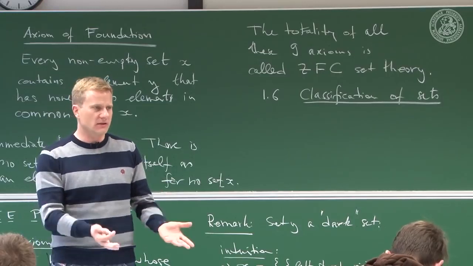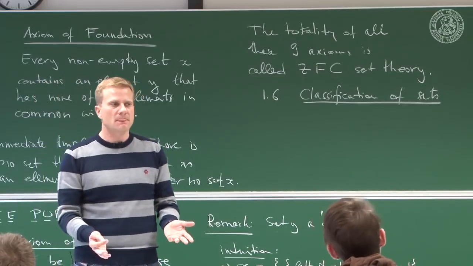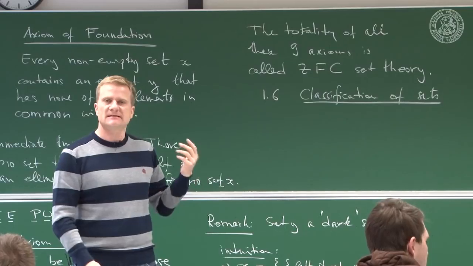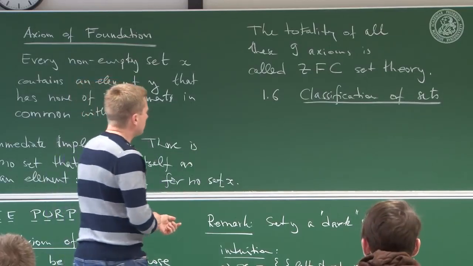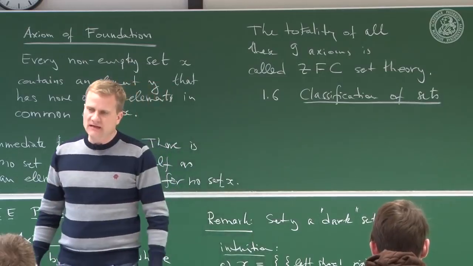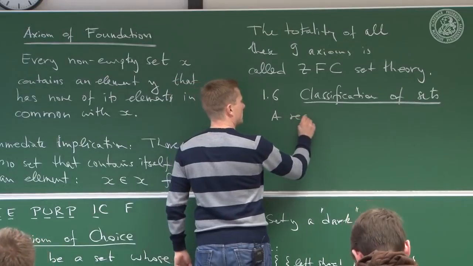It's fine to write down a definition. It's fine to write down, in this case, 9 axioms. But we would like to have an overview. What type of, in this case, sets are there? But this is something that doesn't only happen in set theory. It's a recurrent theme in mathematics. So let me write this down. A recurrent theme in mathematics